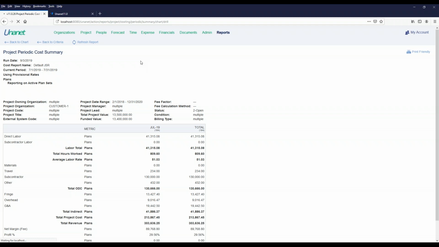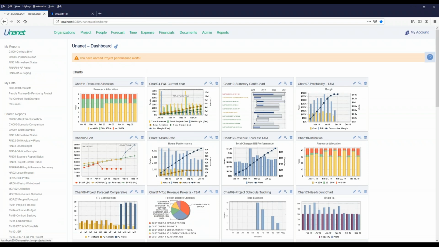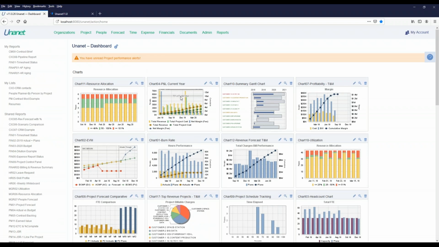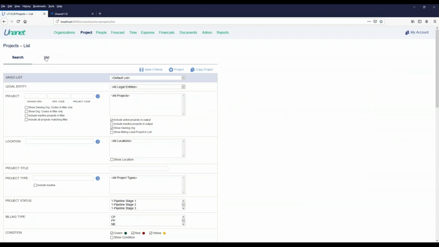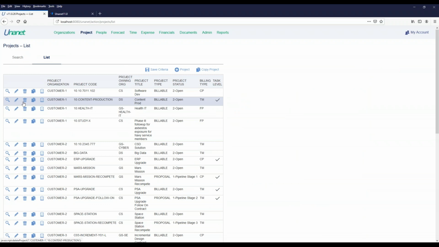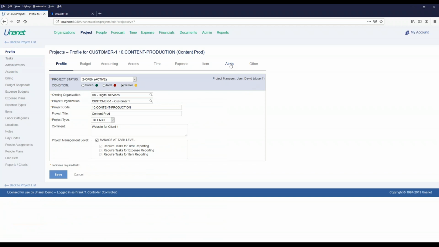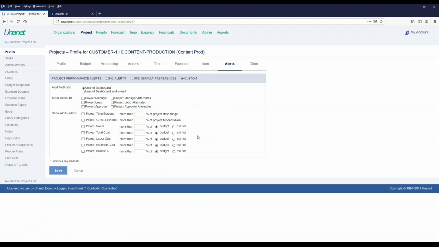Another important point to make is that in the unit environment, that 75% funded value line, and where you are in relation to it, is one way that we empower that real-time data for you. Another example is the fact that for any project at the project level or at the task subtask level, we give you the ability to set proactive alerts. So for this particular project, content production project, I can say, hey, let me know when